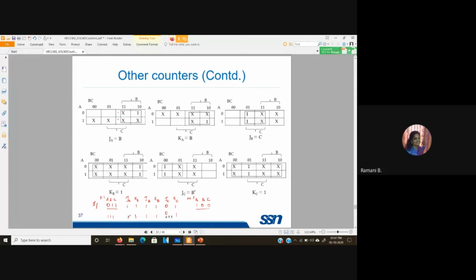So here in this case, present state value of A is 1, JK value is 1, so it will be complementing, so I get a 0. Here again, this is 1, the present state is 1 and JK values are 1, so that also complements and I get a 0. And this is a reset condition, so 0. So by any mistake, if it gets into the unused state, it is getting back to the used state value.